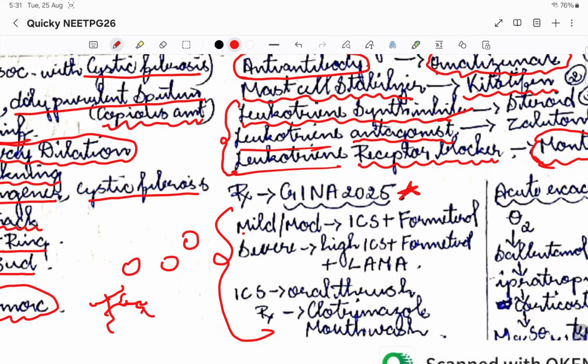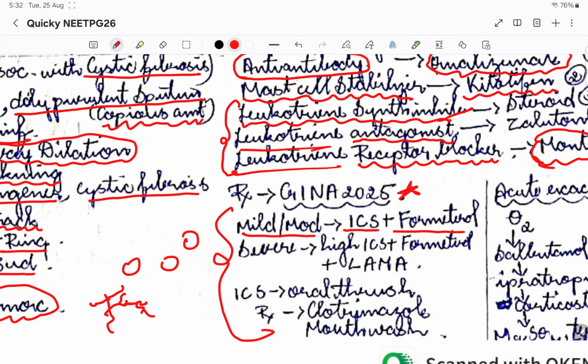If there is mild to moderate asthma, that is, wheeze only 1 or 2 times in a 7-day week, we divide it as mild to moderate asthma. Here we give an inhaled corticosteroid, for example budesonide,